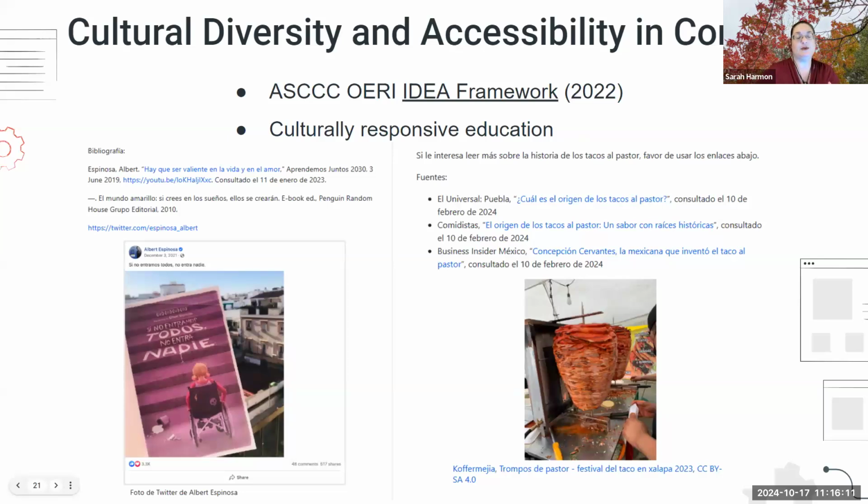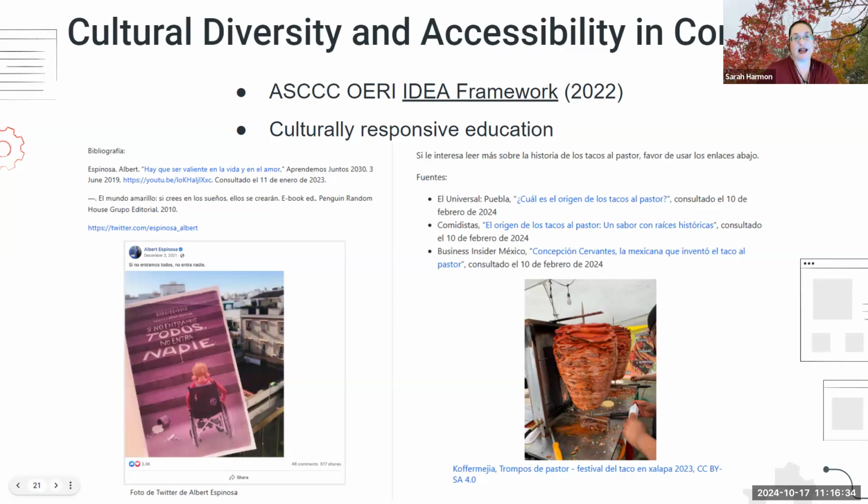With respect to representation, yes, our last two projects were funded by the OERI, with the caveat that we follow the IDEA framework that they created. But as I said, this was actually part of, in many ways, represented in even our first project.